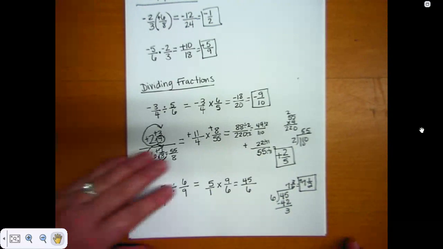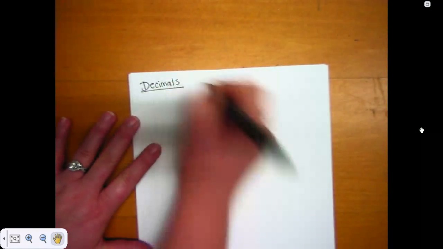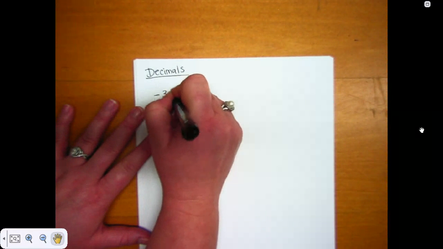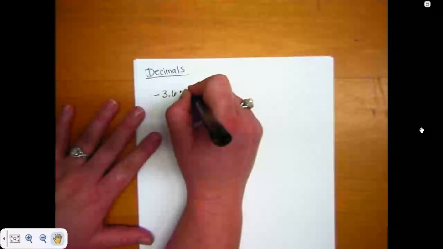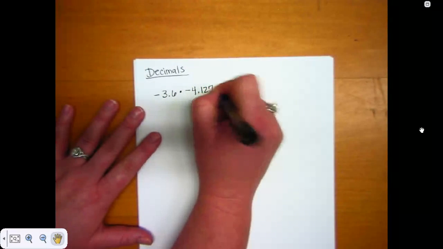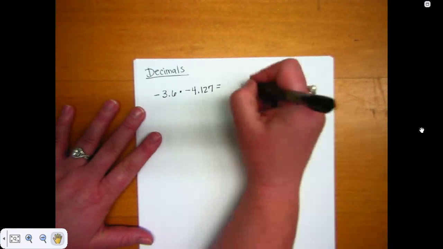Let's move on to decimals now. We will also need to know how to multiply and divide decimals. So if we have negative 3.6 times negative 4.127. We are going to multiply. Remember, with decimals, you do not have to line it up with multiplication. So we're going to do